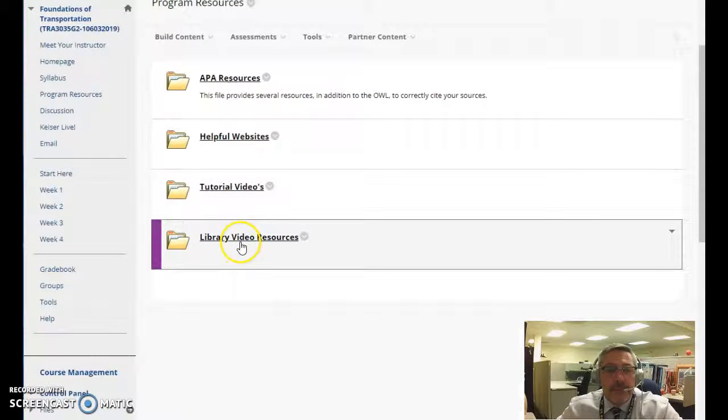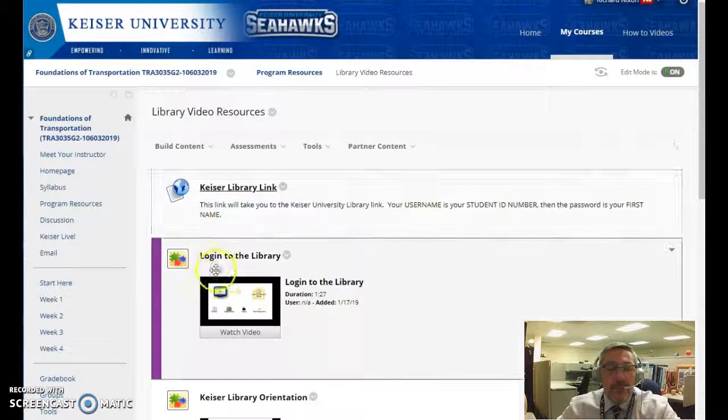And then this one is a library resource, which again, you have to have at least one source that you pull from the library, and I can usually tell that because you went through Proquest or EBSCO,